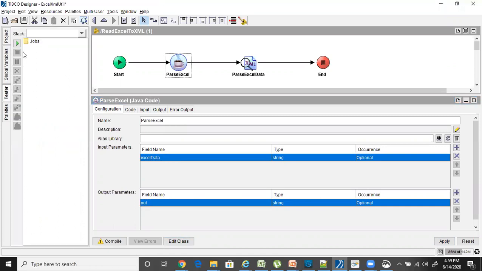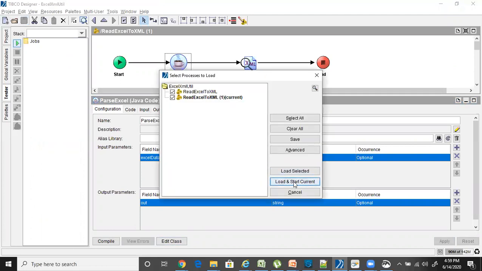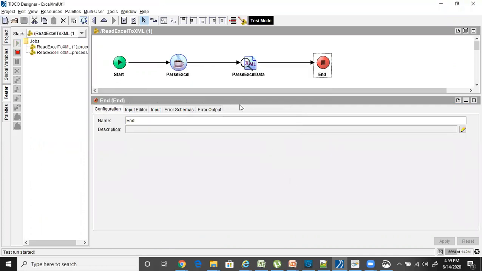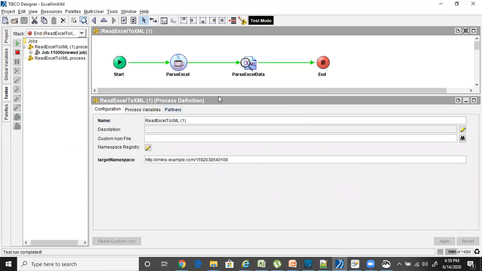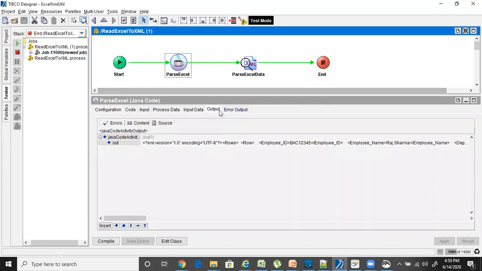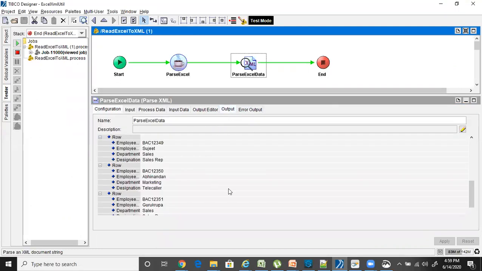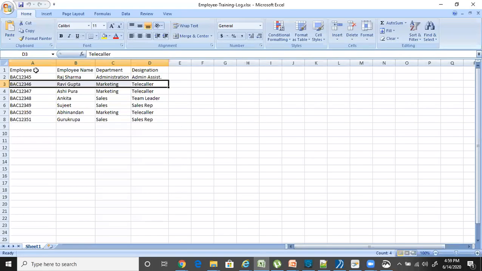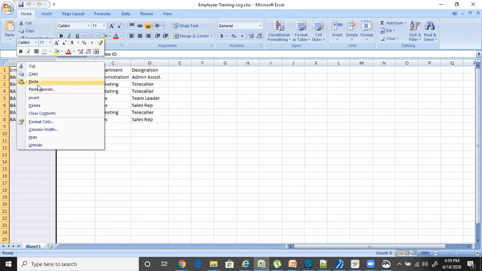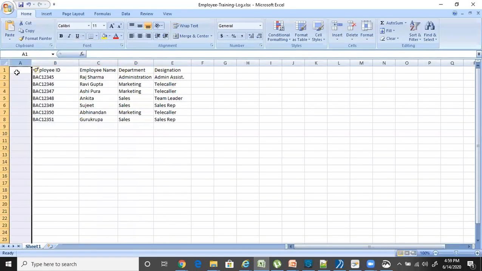Even if you run this one, you just compile it. You can see that it returned an XML. You can see the data has come. So let me add one row here, and see whether it can dynamically add rows or not. So let me add one serial number here.